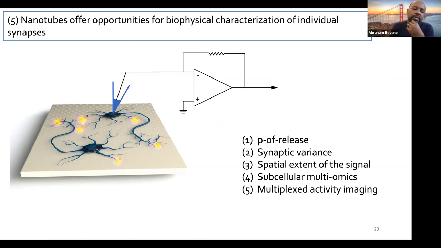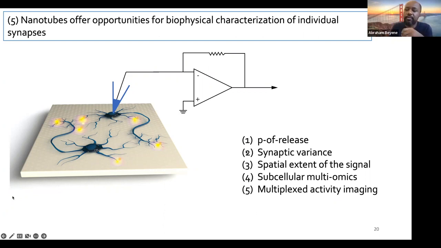All of the simulation I showed you so far is based on optogenetic stimulation, where we just flash blue lights at these cultured systems, so we don't really have very good control over how many action potentials these neurons are firing. But if we can have very precise control over action potential firing in these neurons, then we can carry out very, very extensive biophysical characterizations of individual synapses, which would be a really dream experiment